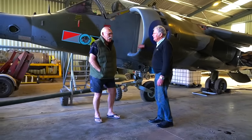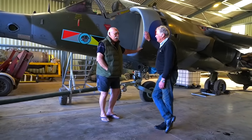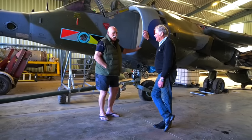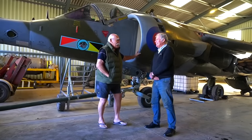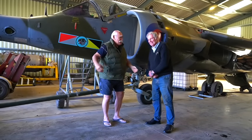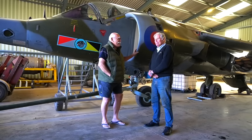Roy, I've seen all sorts of things in sheds, and this is the first time I've seen a military jet in somebody's shed. So maybe you could just explain to me, did you pinch it, or did somebody give it to you, or you saved it from the scrapyard, or? We purchased it from